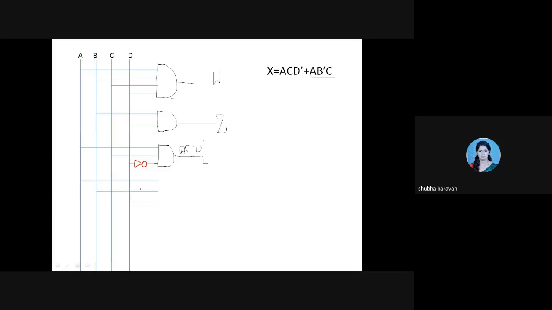So again for B I have to take a NOT gate. Okay. Are you all understanding this? You can correct me if I am going wrong. So the output is A B bar C.